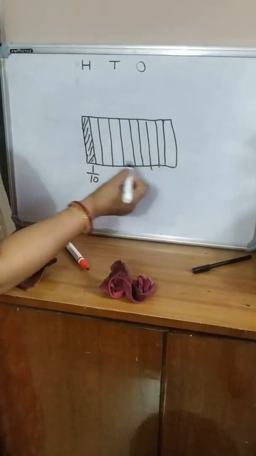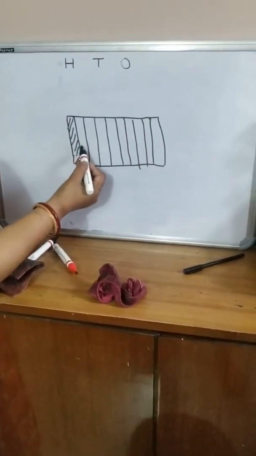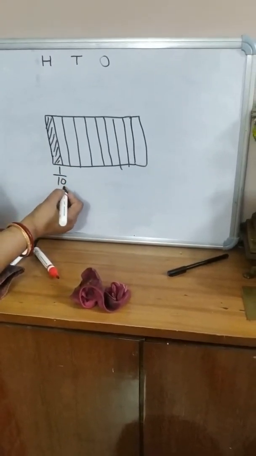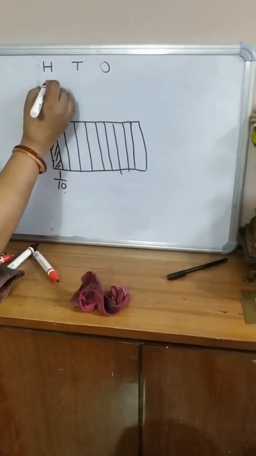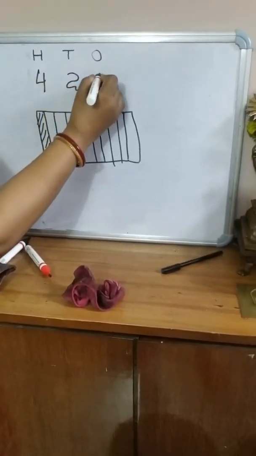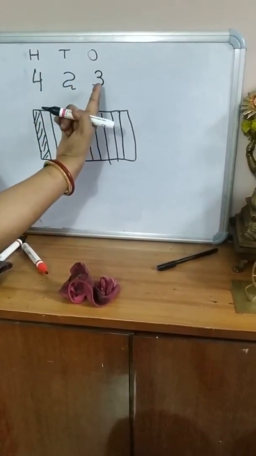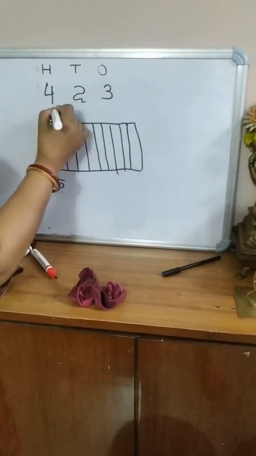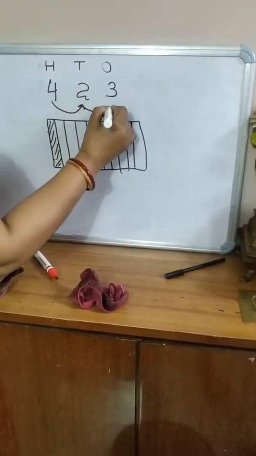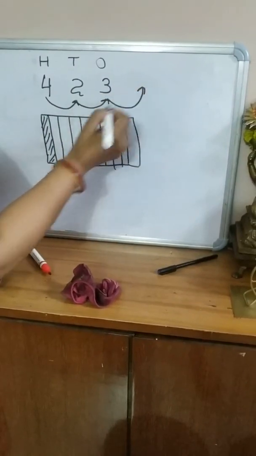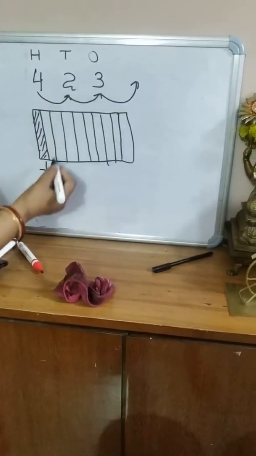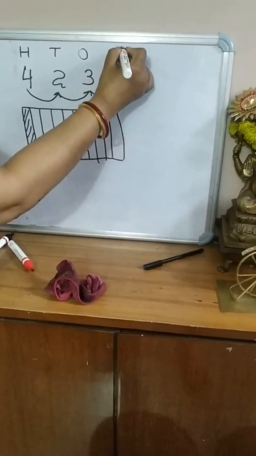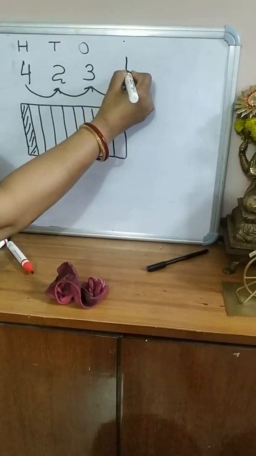Into how many parts is this one cookie divided? 1, 2, 3, 4, 5, 6, 7, 8, 9, 10. And one part is 1/10. So for example here, 423: one cookie from the 3 ones is divided into 10 equal parts. This 1 by 10 will go from left to right. When one out of 3 is divided into 10 equal parts, this one part will come here.